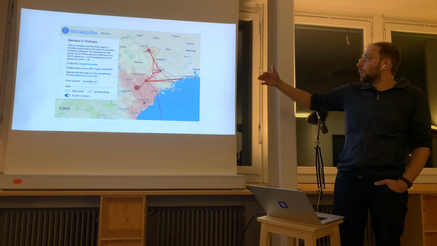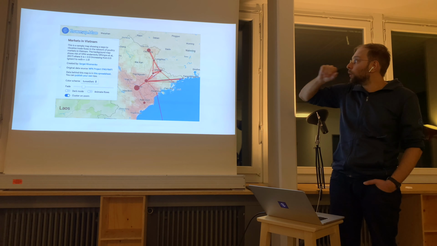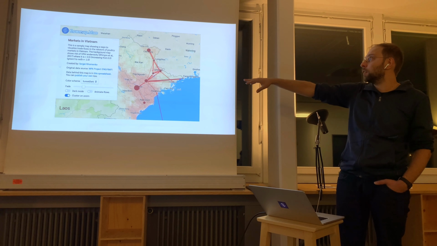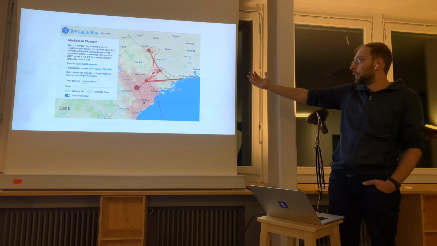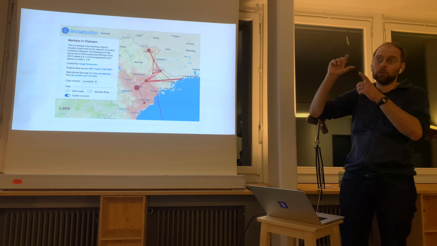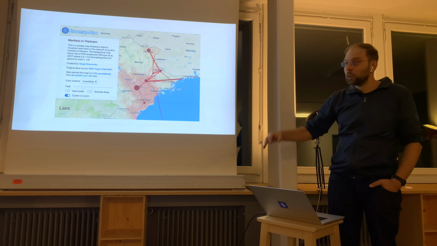And you can even upload some data showing some numbers, right? So here, this guy wanted to look at the correlation between the risk of some epidemic spread and the trading of poultry in Vietnam. The arrows showed the trading of poultry from one place to another, and the color of the map shows the risk of epidemic.